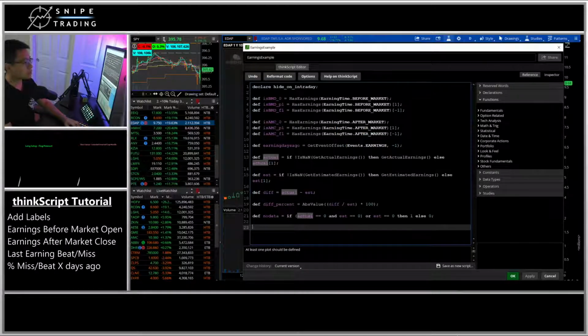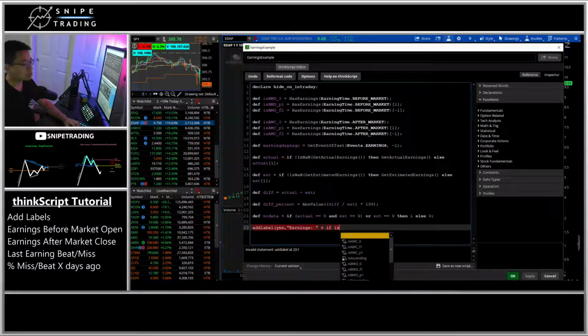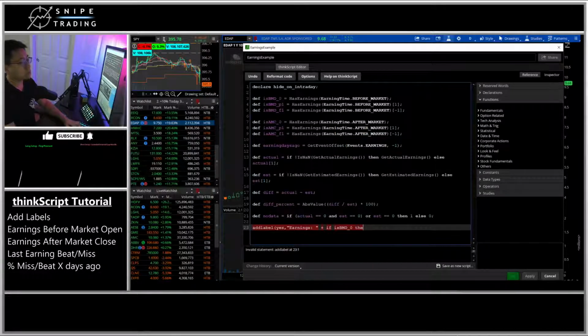To add a label, we would need to go add label, and then the first parameter is a yes if you want to display the label or not. And then the first part is we're going to say if earnings. There are two parts for this. One is if it has earnings before market hours. So this is going to be a long list. We're going to have this string here, earnings, and then we're going to add if this is true, or BMO equals 0. So if this is true, then